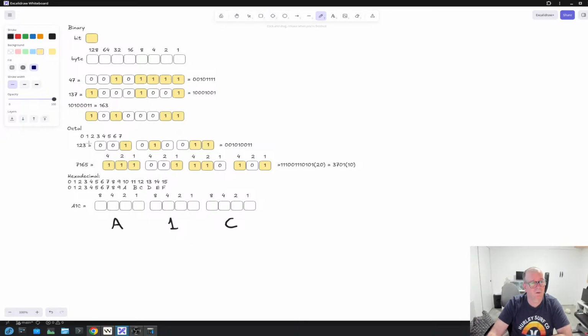10, what I do, I will turn on 8, and I will turn on 2. That will make 10. 1, we know, 1 will be just 1. C is 12, so 12 will be 8 and 4, 12. So if I want to put the numbers here to see the bits, it will be 1, 0,